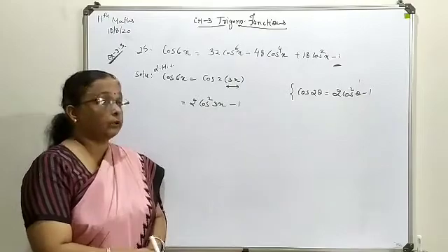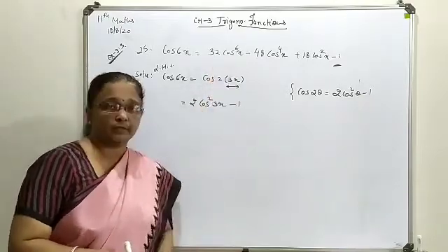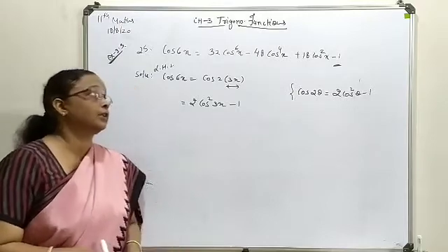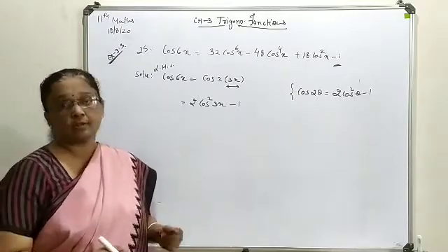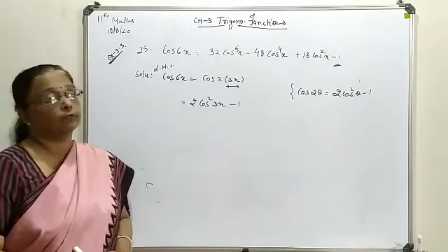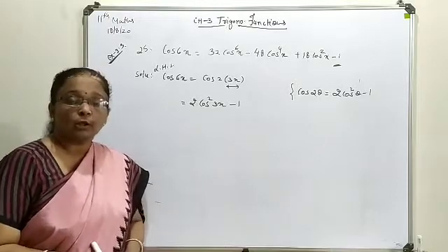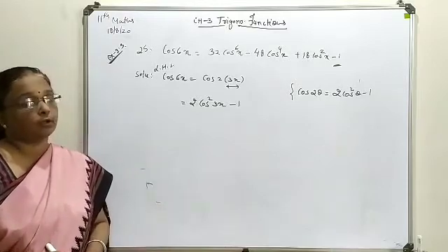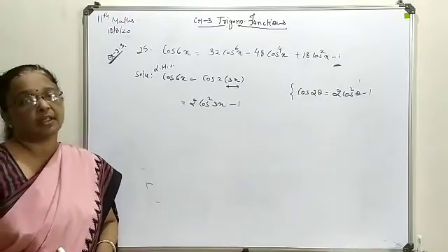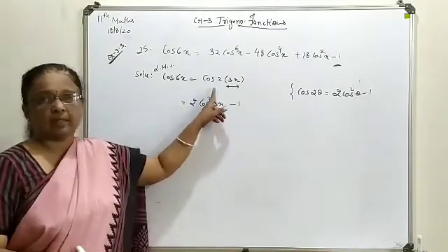Now this 3x is not required as a term in your answer form. So it is to be converted in form of x, and there is only one way to convert, that is write the formula of cos 3x there. So what was the cos formula? Cos 3x is 4 cos cube x minus 3 cos x. So that formula you will implement here, make it square.